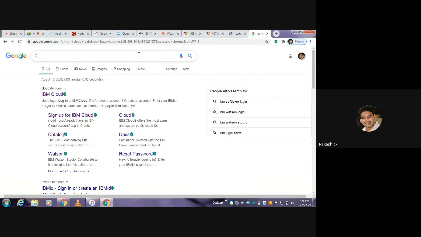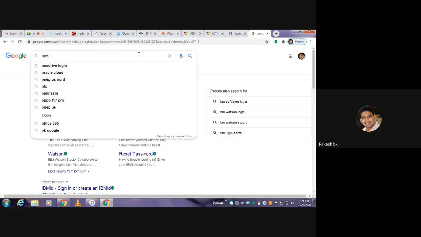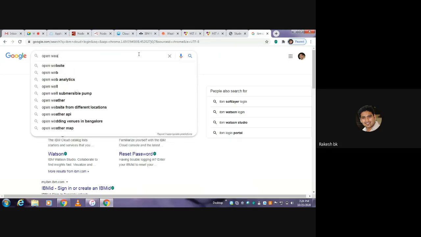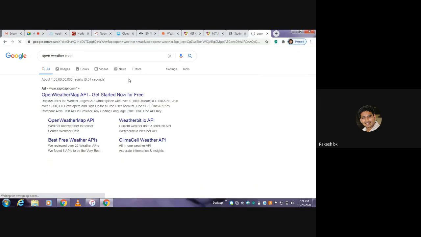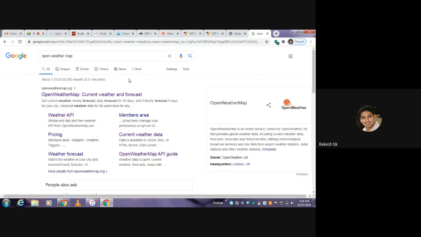Just type open weather map into Google search, and it will redirect you to the OpenWeatherMap website.